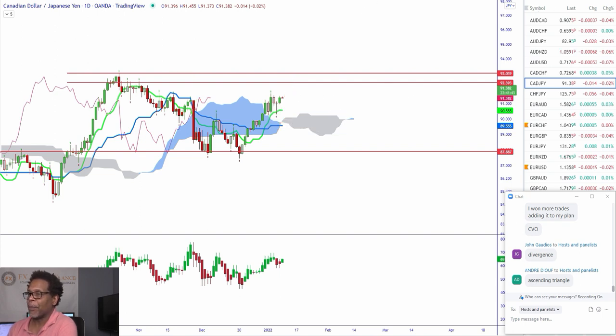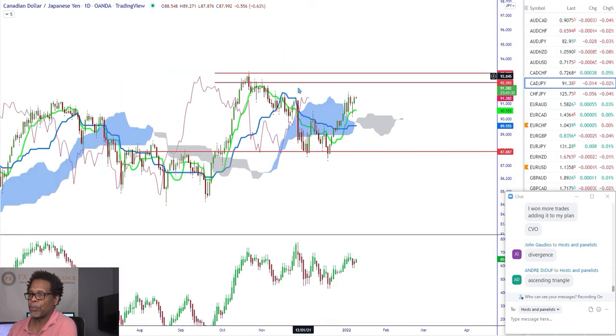I don't love this market right here because it is flat. And also, if we do push back up to this level, I'm going to show you what this is also going to be. If we do push back up to this level. So let's take this off. We'll remove this.